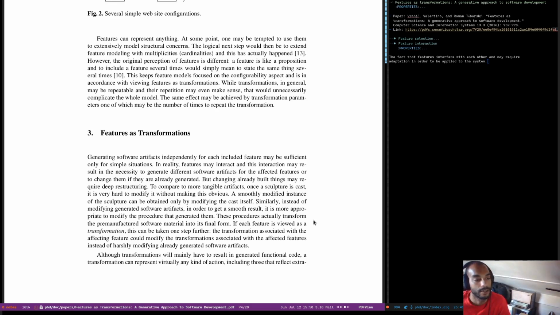Generating software artifacts independently for each included feature may be sufficient only for simple situations. In reality, features may interact, and this interaction may result in the necessity to generate different software artifacts for the affected features or to change them if they are already generated. But changing already built things may require deep restructuring. To compare more tangible artifacts, once a sculpture... okay, right, so before we go any further,